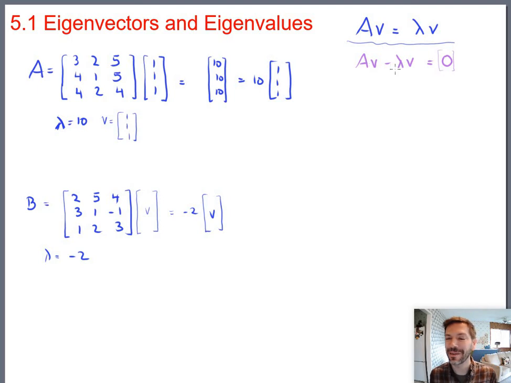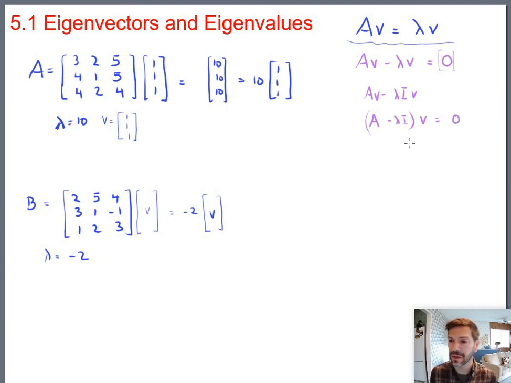But anyway, on the left-hand side here, I want to factor the v. Now before I do that, I can't exactly do a minus just a constant, but notice that I can always put an identity matrix in here. And now I can factor. I can do A minus lambda I times v